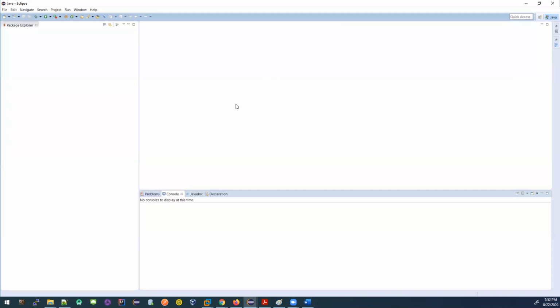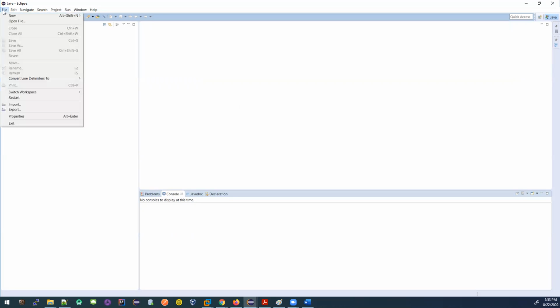we'll be writing the first Java code. And a lot of things you might not understand, and I don't expect you to understand. I don't want you to just see and follow the instructions that I'm giving you right now. Just do it that much. If you have to write down a Java code using this integrated environment, the first thing is that you need to create a Java project. If you go to File, click on New, you need to create a Java project, right? Inside the Java project, we will have our Java source code.